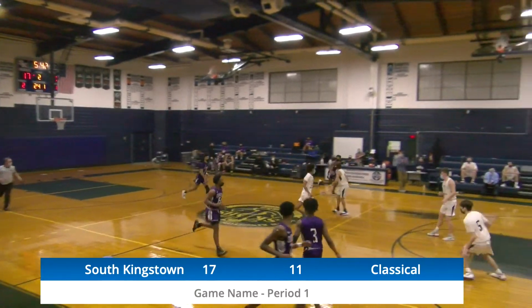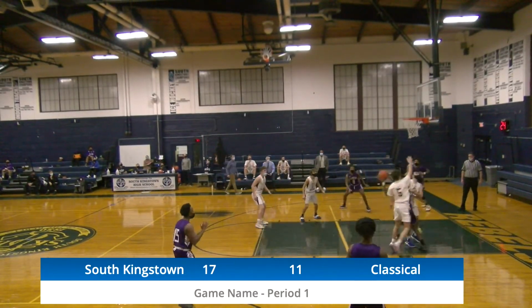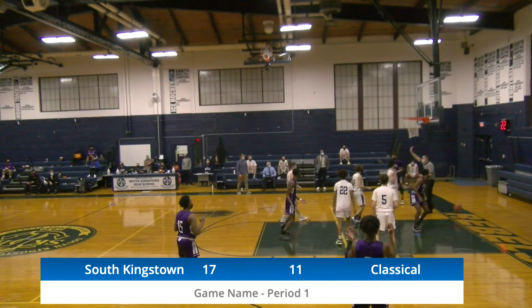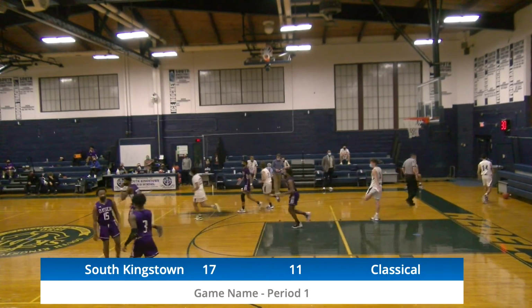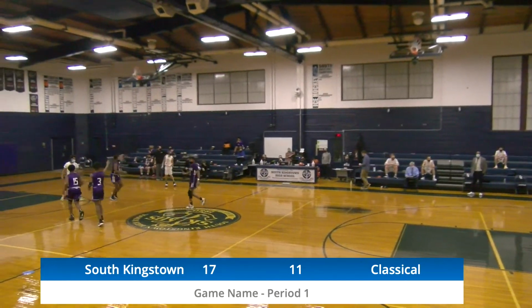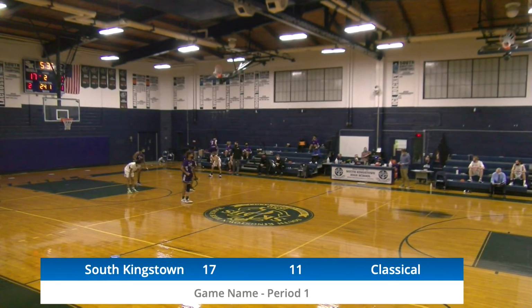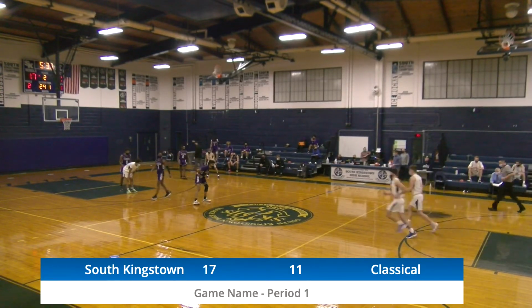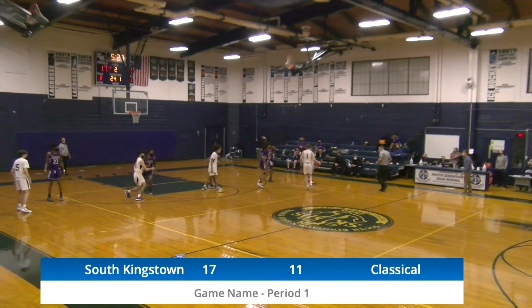Now Buchanan's going to lead the charge for Classical. He's going to go right to the basket and passing it off to him. And there's going to be a traveling violation on Classical, South Kingstown ball. Foul call by the ref was the pump. Trying to pump there. Now Jedson leading the charge for South Kingstown, slowing it down just a tad, giving it